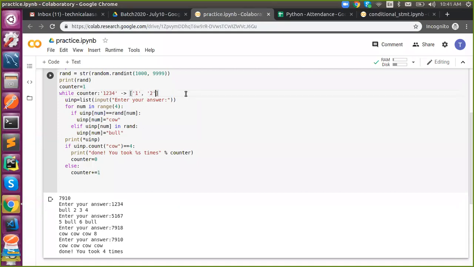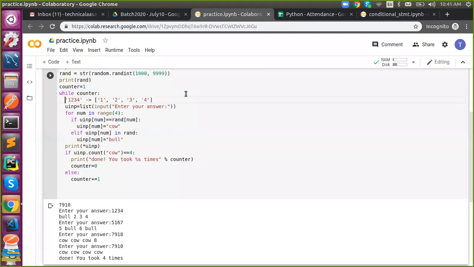Yes, exactly, it will look like this. Then modification is possible because this is mutable. You converted immutable into mutable.